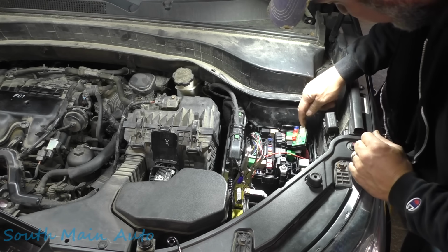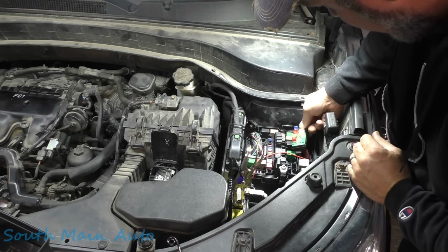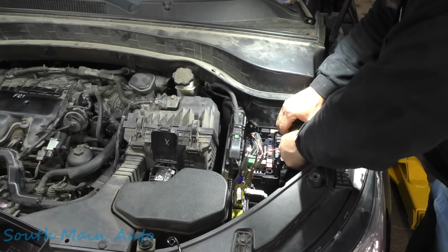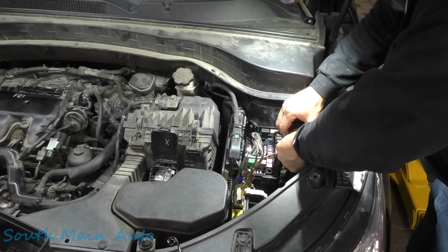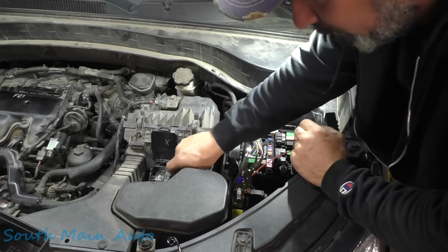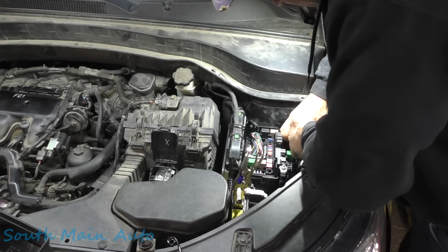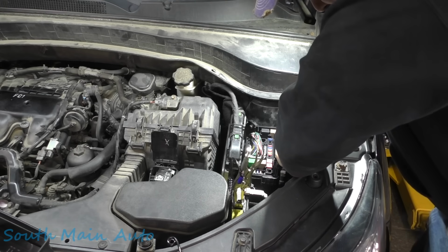All we were doing is pushing down. I've got to imagine that we were just touching the relay. I'm going for it. Yeah, because you can hear everything working now. I think what we need to do is reflow some of that solder